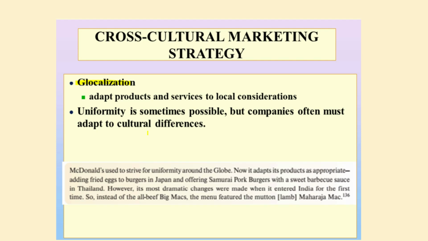An example is McDonald's, which offers different varieties of food all across the world. For example, they do not offer beef products in India, where beef is religiously not welcomed. Similarly, pork or bacon products are not offered in Muslim countries. Similarly, some spicy things are eaten in some countries, and some non-spicy things are eaten in others. So companies need to understand how to localize their offerings when it comes to culture.